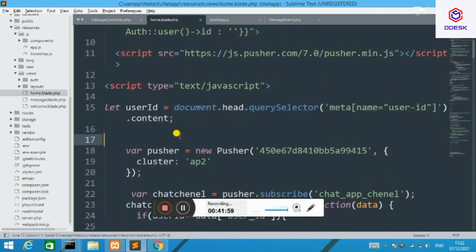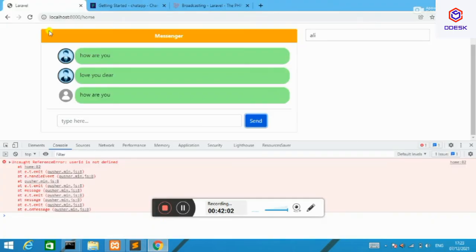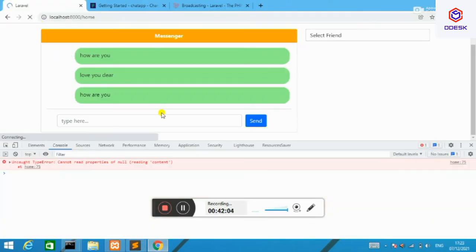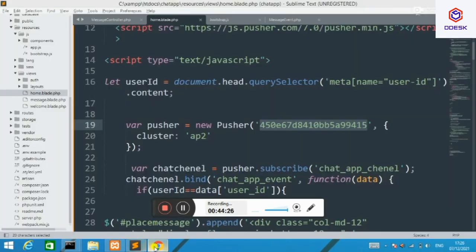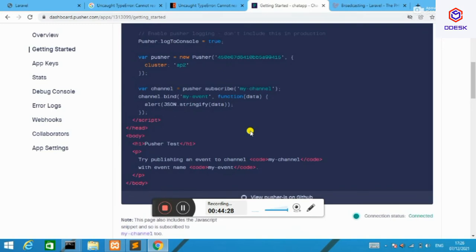So I try to access it through this query selector. Let's see it. Again, it's not working. It means jQuery has updated something. Basically this is not working, so I'll try to get it another way.